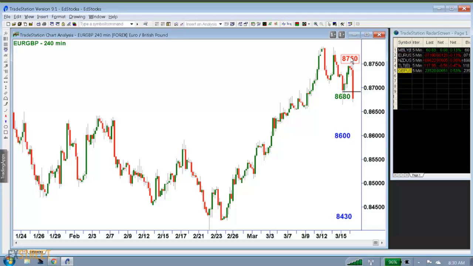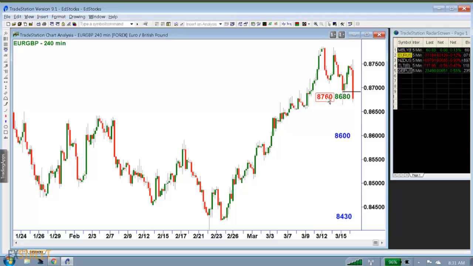And then I'm playing with what I like to call the house money. I take half the money off the table at 86, bring the stop to break even, and then hopefully we make it all the way down here and we have a huge win. But if I only make it down to the first target and then it comes back up and hits the stop at break even, I still walk away with a small win.